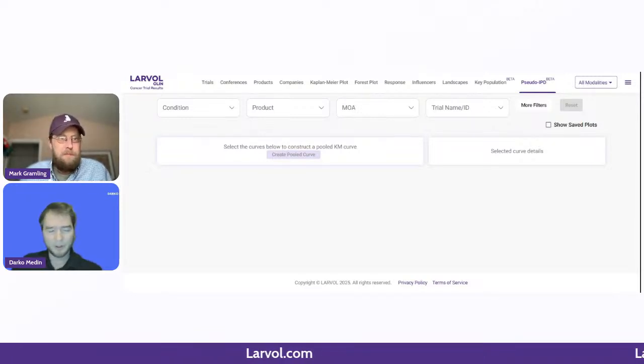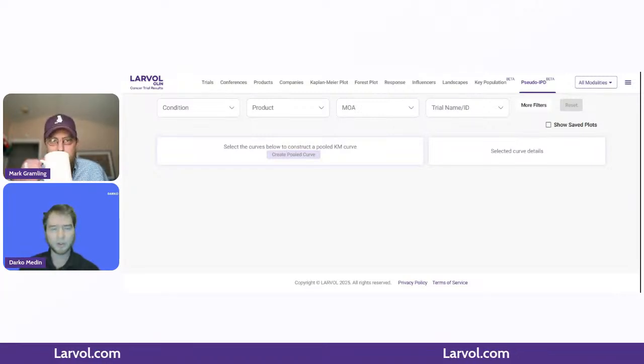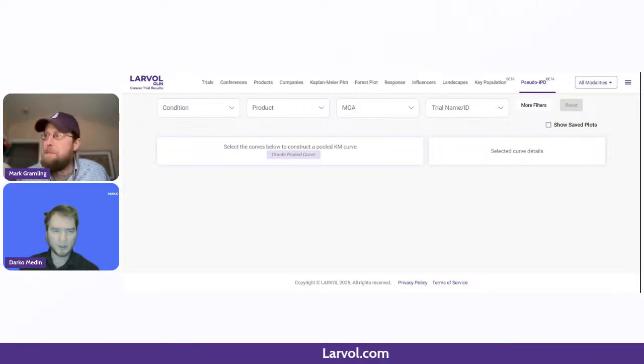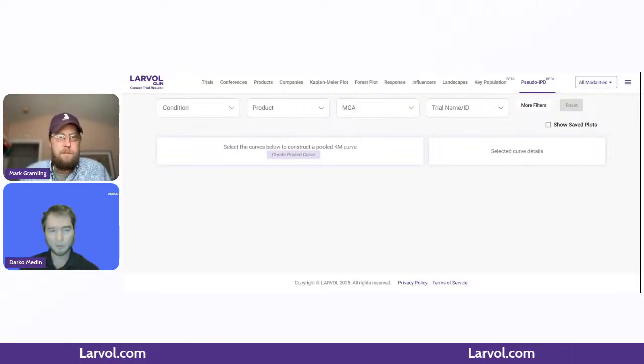Thank you so much, Mark. It's really a great project, and I think you explained the most important parts, which is being able to reconstruct data from a large number of trials and published data, published curves, and number-at-risk data within those trials, and create a common data model that we will now showcase through the Pseudo-IPD module on the LARVOL platform.